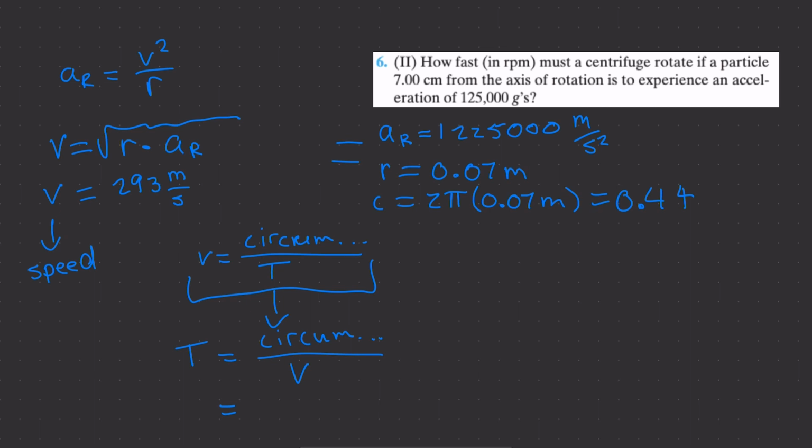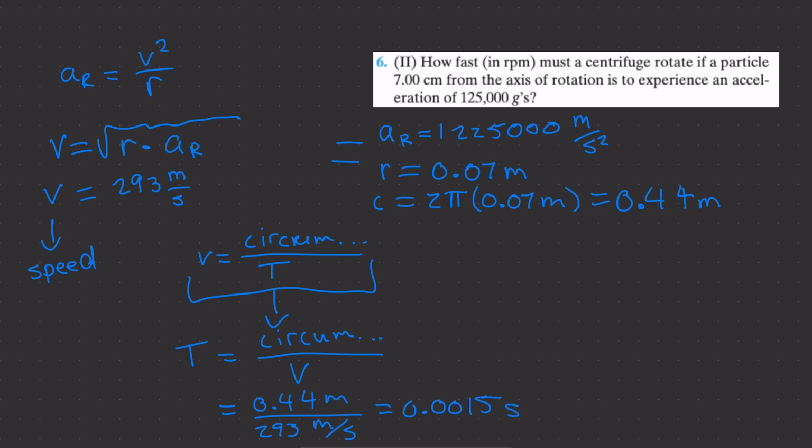From here, I can plug in my 0.44, which should have been in meters, and divide it by 293 meters per second. This is going to leave me with units of seconds. So 0.44 divided by 293 is going to leave me with about